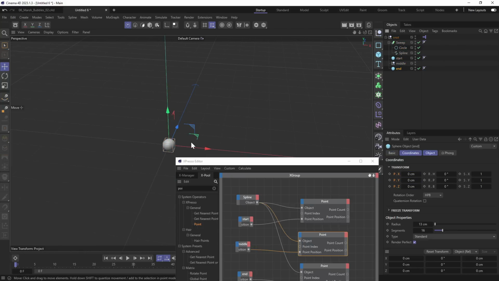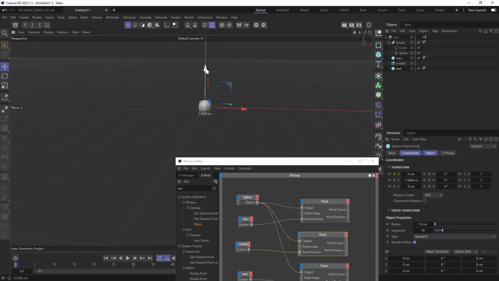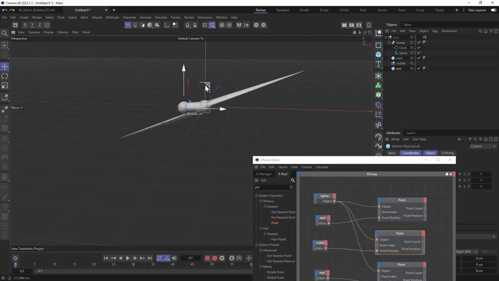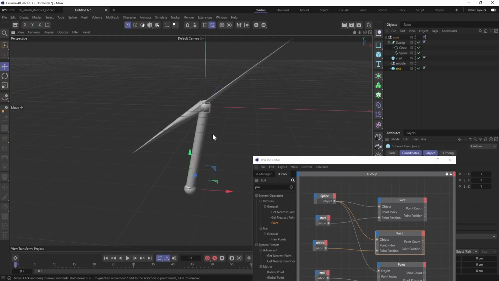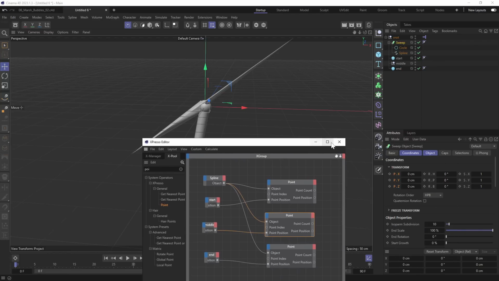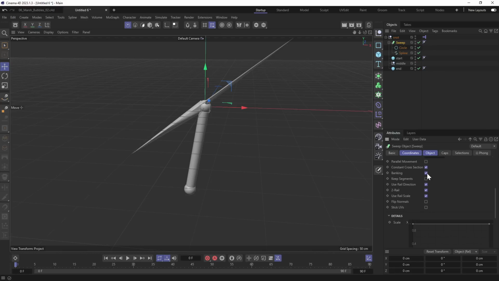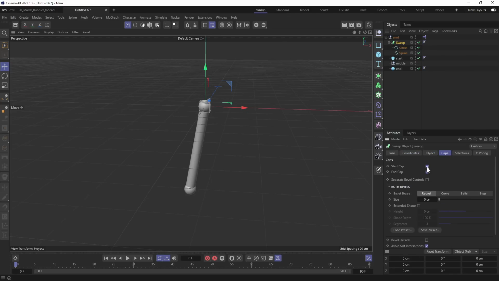Let's take a look how everything works. I want to animate the end and the middle to change the shape of the snot. If you have glitches like this, just select Sweep Object, go to Attributes, then scroll down here and uncheck everything except banking. You can also disable caps.